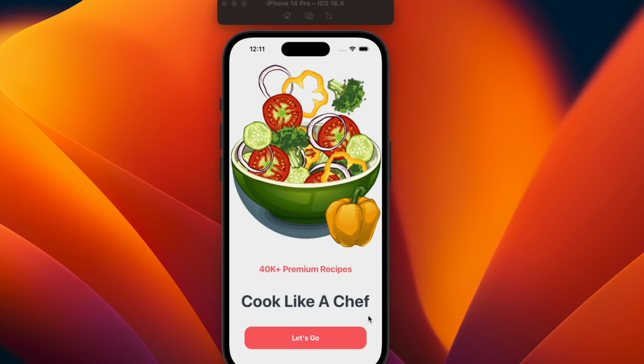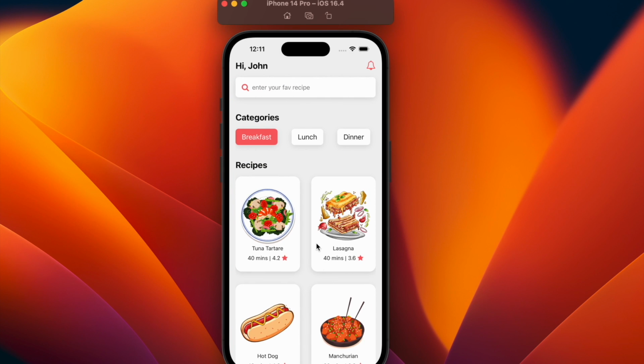Now in this video we are going to build an amazing food app UI. So here on the screen you can see the working demo. So let me show you what we are going to build. So here we have a welcome screen that contains an image, few text and a button component. So if we press on this button component, we are going to navigate to a recipe listing screen where you